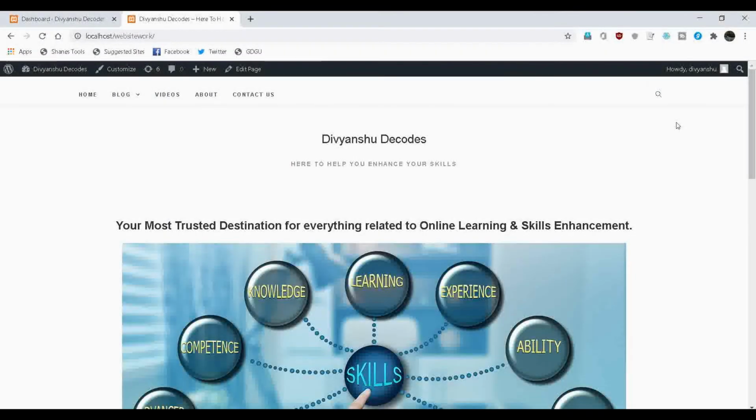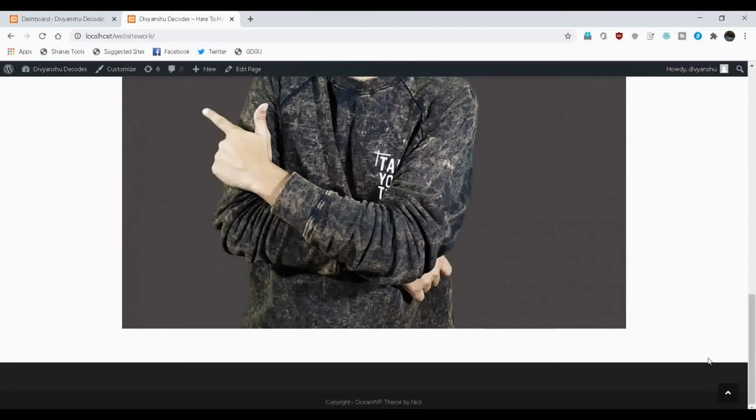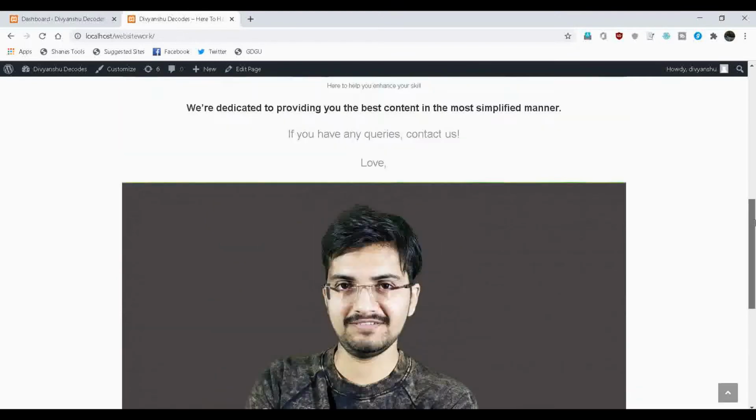First of all, let's have a look at how our footer section is looking by default. So scroll all the way down and here it is, the footer at the very bottom, right? As you can clearly see, there is nothing available on our footer section. There is some text here by default, which is basically the footer credit of the person who designed this particular theme, which we are using. That is actually the OceanWP theme. So before proceeding ahead, I would like to remove this particular text and add our own copyright text. The process for that is quite simple.